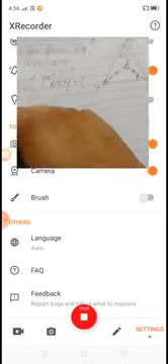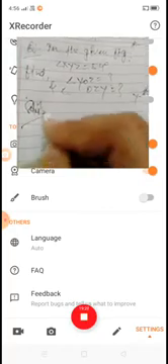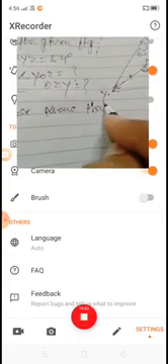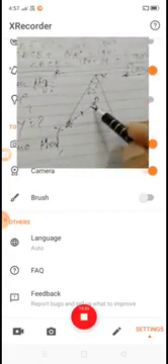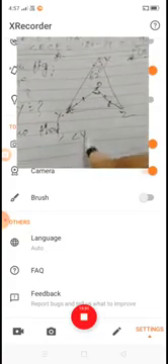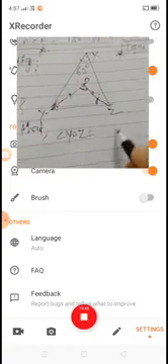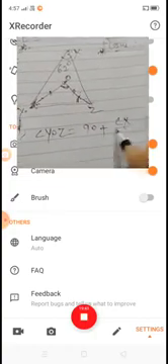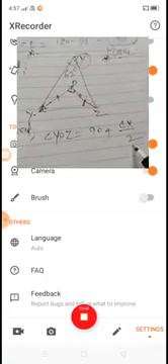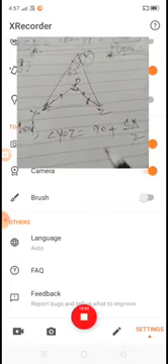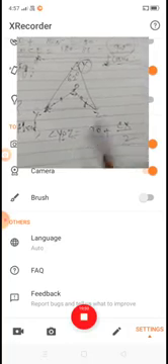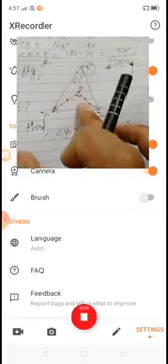Now let's solve it. We know that our result: when the internal bisectors of these angles intersect at point O, then angle YOZ is equal to 90 plus angle X by 2, that is the vertex angle X, so 90 plus angle X by 2. This result is proved in a previous topic. Okay, this is a theorem and we use this result in this question.